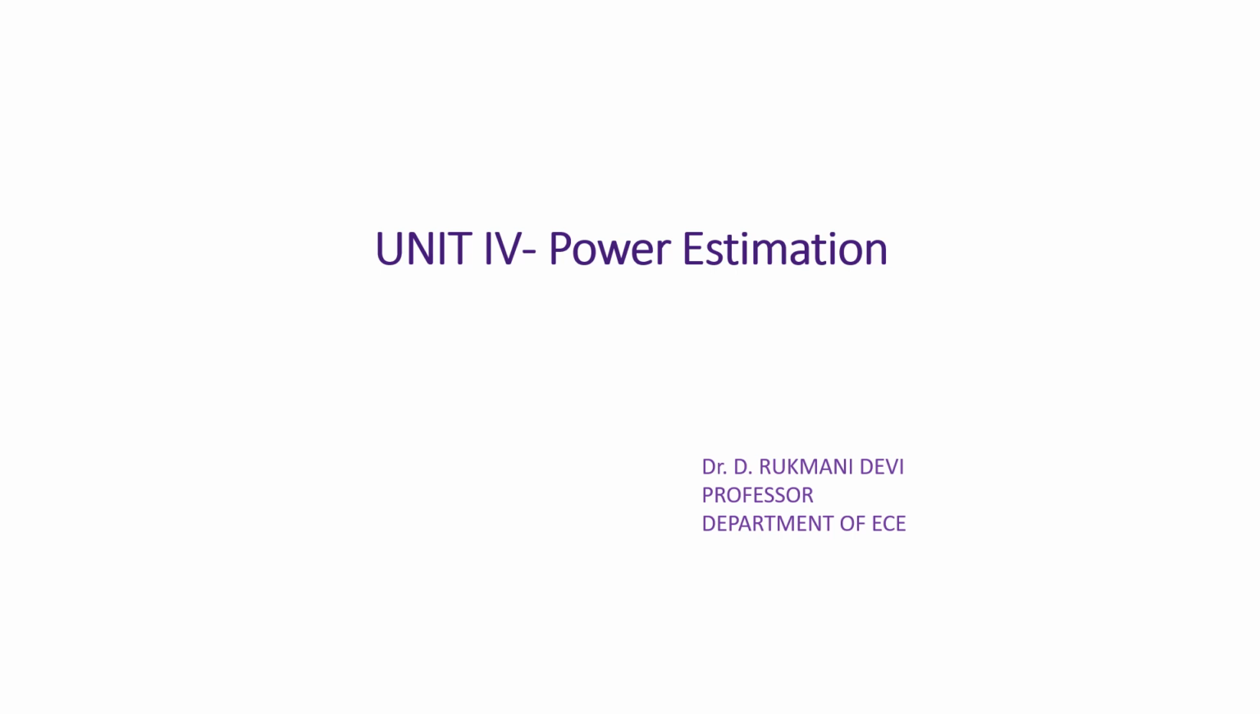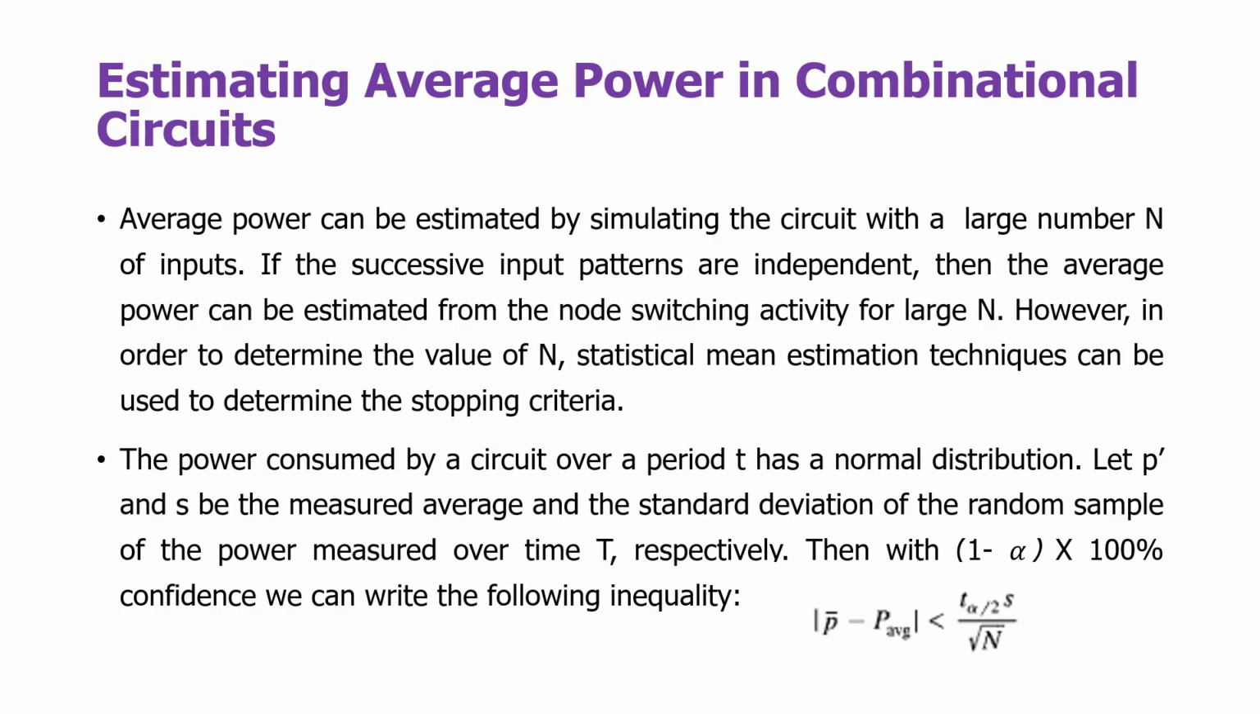Power estimation: we are going to discuss how to estimate average power in combinational circuits. Average power can be estimated by simulating the circuit with a large number N of inputs. If the successive input patterns are independent, then the average power can be estimated from load, switching activity, or large N. However, in order to determine the value of capital N, statistical mean estimation techniques can be used to determine